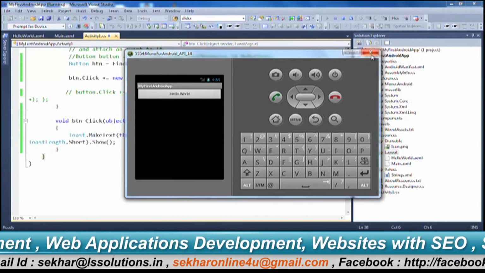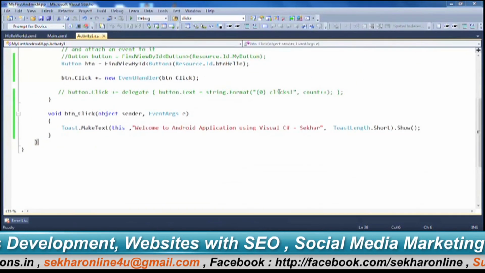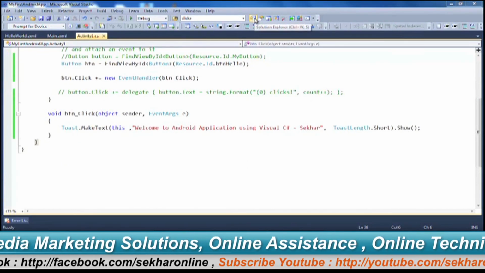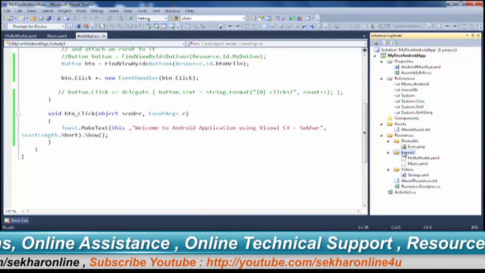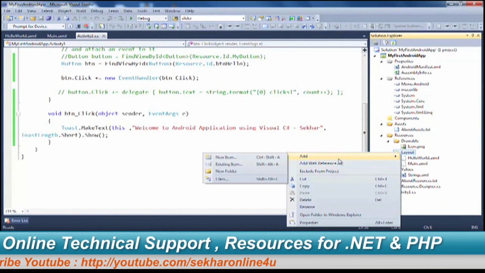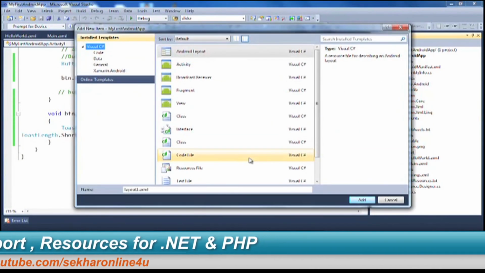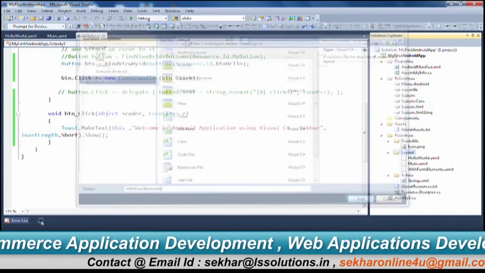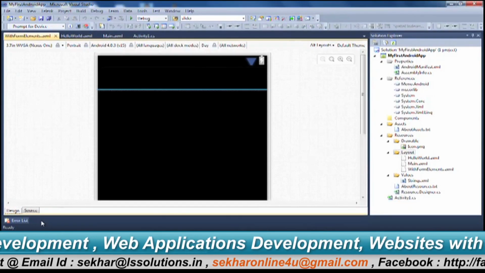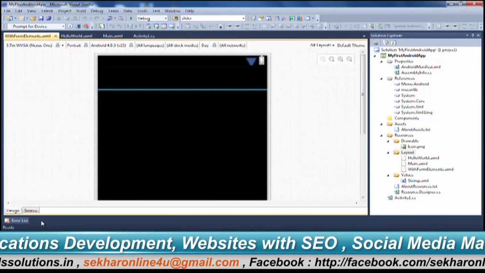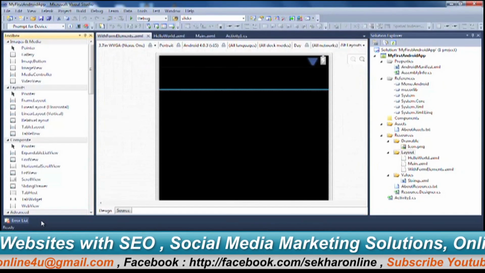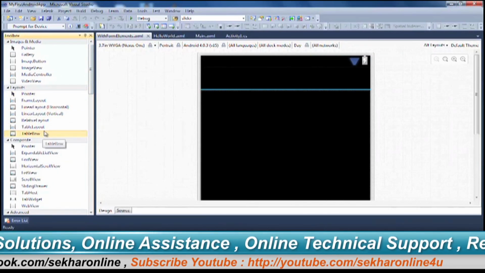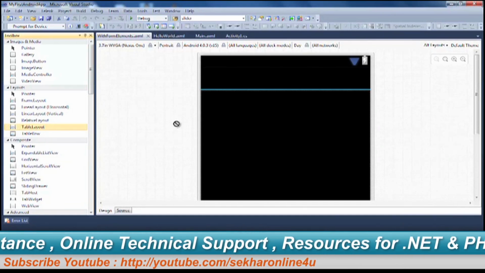Now let's try to understand how we can develop an application with the user interface also. Let me add one more layout. I simply say add new item. I select the Android layout with form elements. Let's assume that I wanted to have some tabular layout, like a form I wanted to display. So what I do is take a table layout